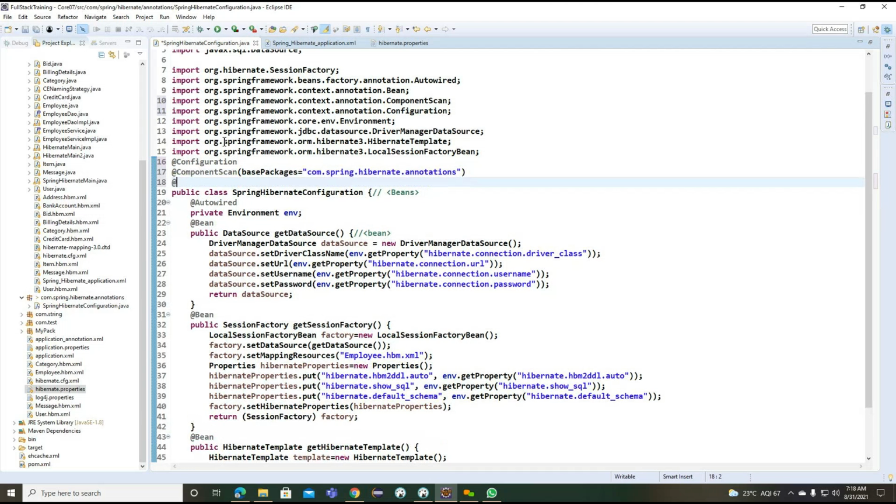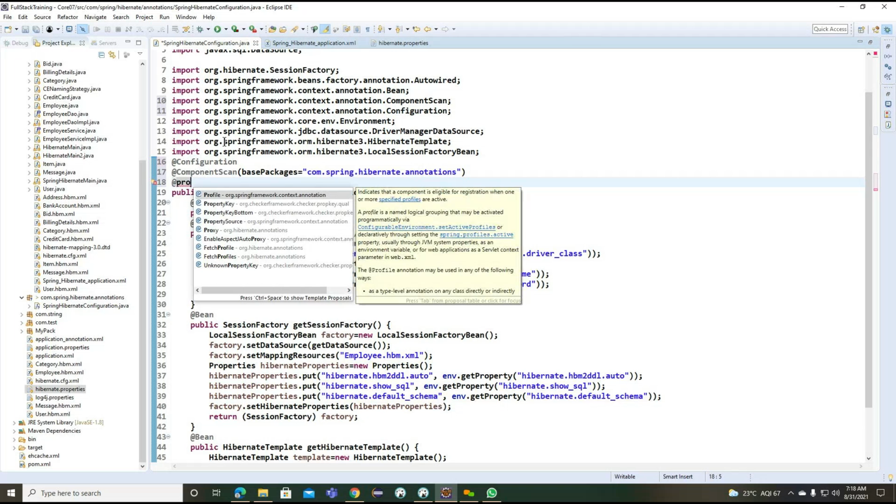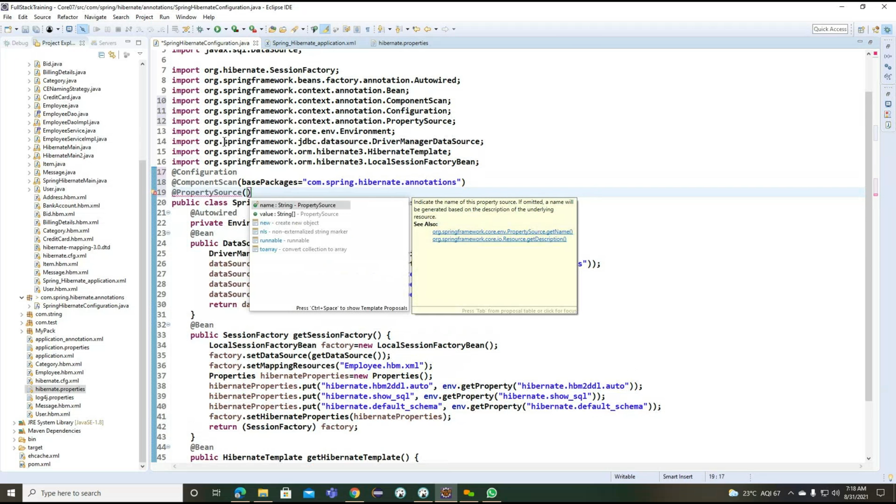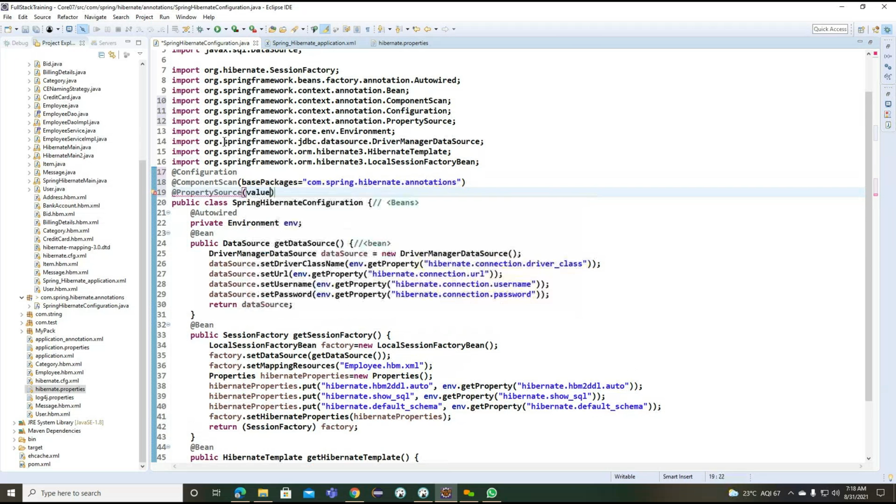And the final one we need to provide here is property source. And here property source is expecting a value. What is the name of the file we are going to use? Hibernate dot properties.